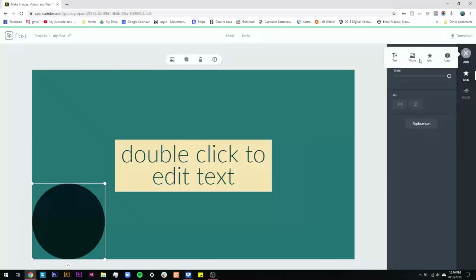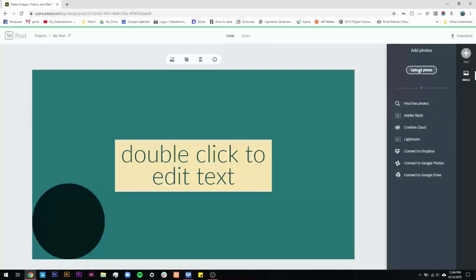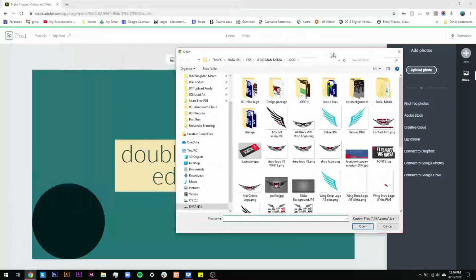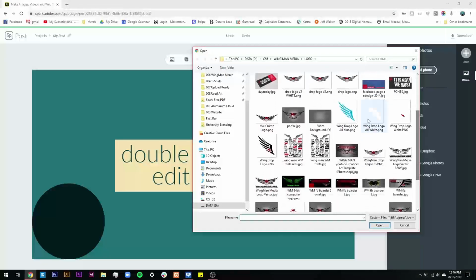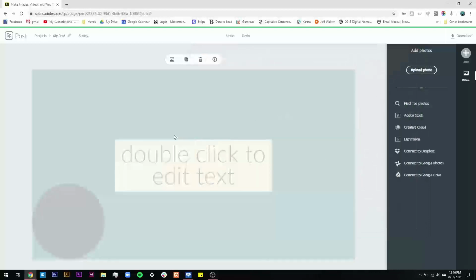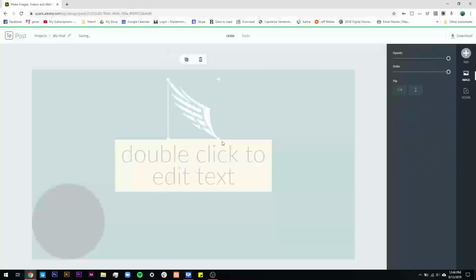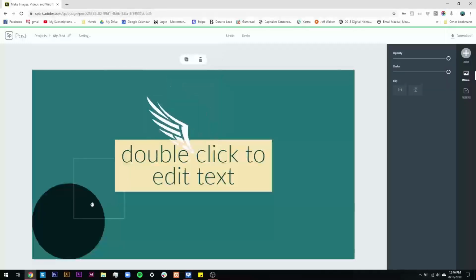So the way I'm going to go ahead and add our logo on top of that is go up here to add. We're going to go to photo, and we're going to upload a photo from our computer, which is going to bring up this little file finder, and we're going to just locate one of these logos. So it'll be the old logo that I used to use for everything, which was this wing. But once we upload that, and because, again, like one of my old videos showed off, it's a .png with a transparent background, we'll be able to maneuver this pretty easily